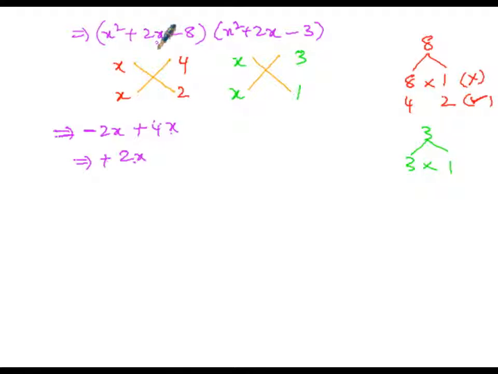So 2x must be negative and 4x must be positive. x into 4, 4x must be positive. We have to cross multiply and assess the sign. 4x, x into 4, 4x is positive. Then x into 2 is 2x, and 2x must be negative. Whereas here